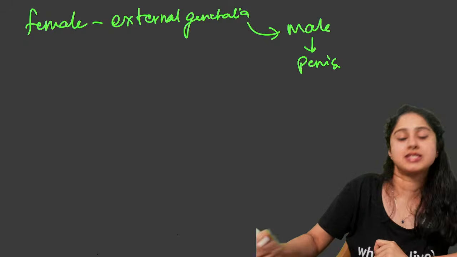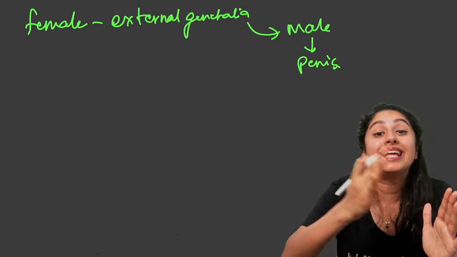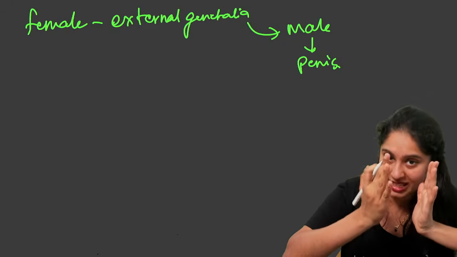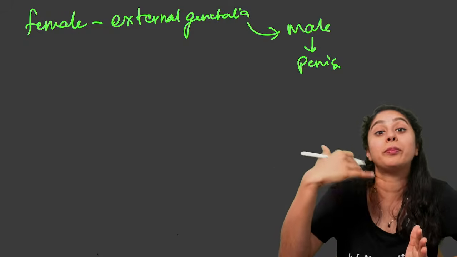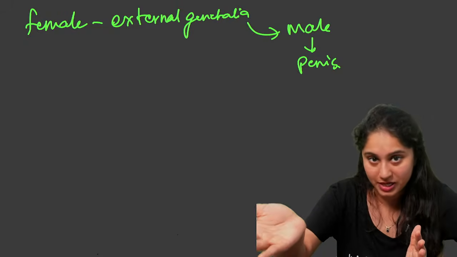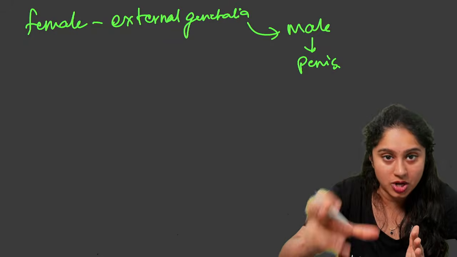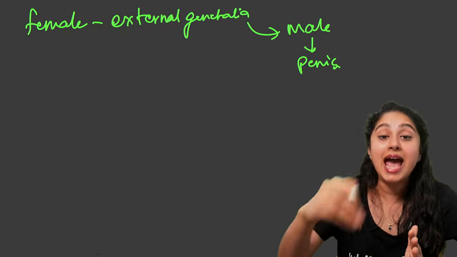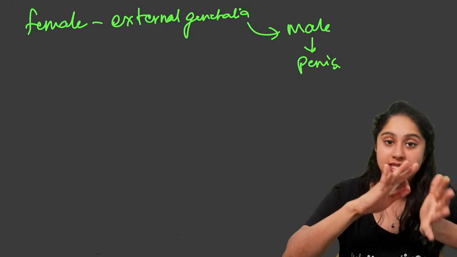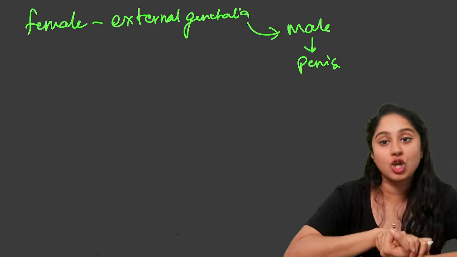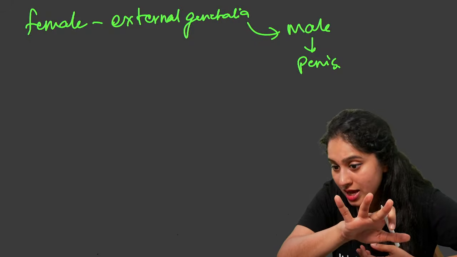The penis is a single structure with about 3 layers of erectile tissue. These tissues help in erection of the penis in order to deposit the sperms into the female's reproductive tract. Additionally, the end of the penis is a triangulated structure known as the glans penis, and there is a layer of loose skin present around the glans penis, which is called the foreskin or the prepuce. Is that clear?